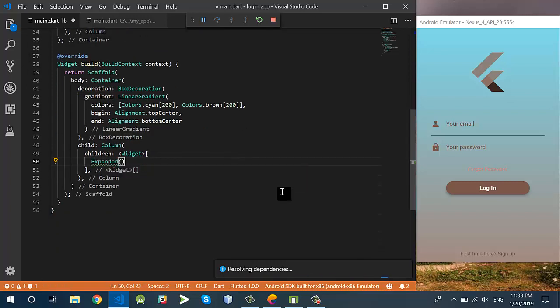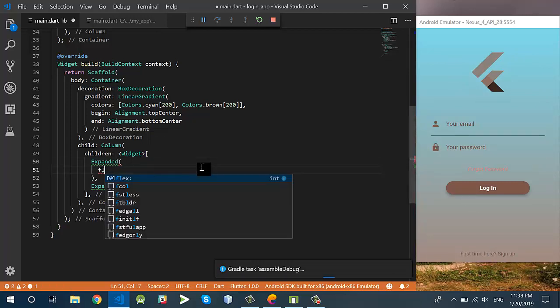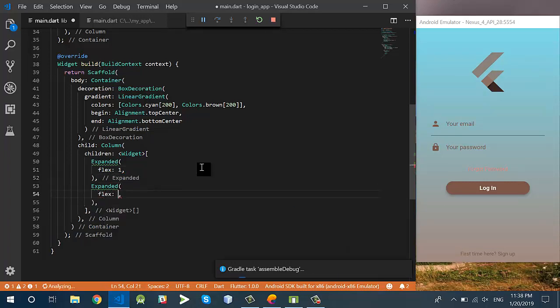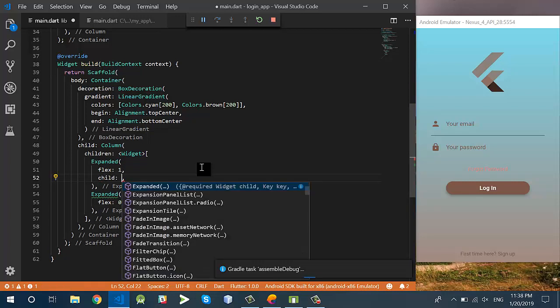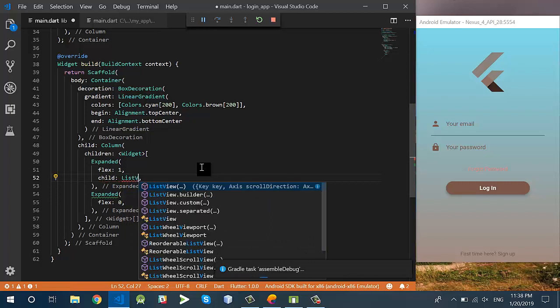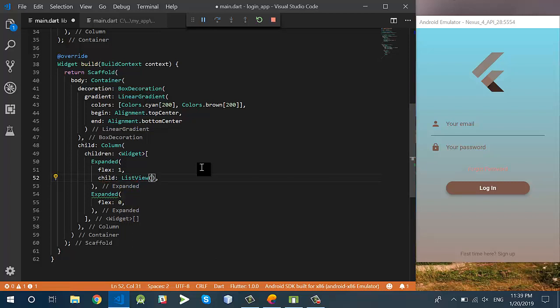The first section, I have told you earlier that I have divided this UI in two sections. The first section, this is the second section. The second section is at the bottom, which is a text for sign up page. Okay, the weight of the first expanded is 1, and the weight of the second, the flex,